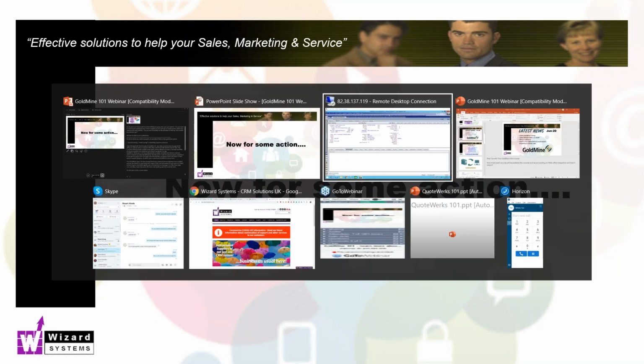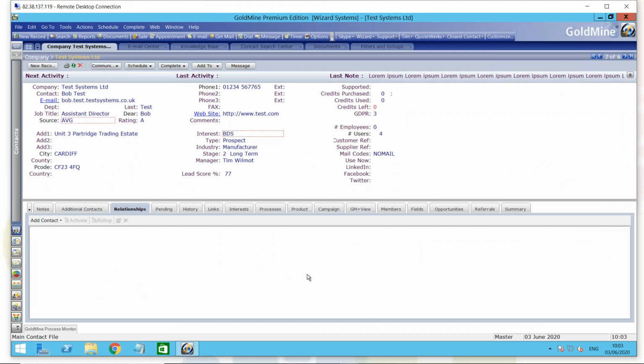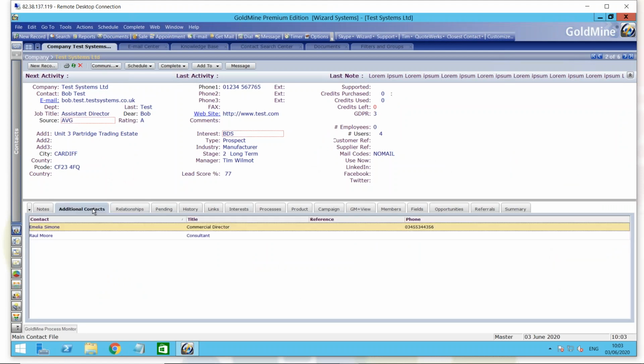Okay, so let's dive into the relationship tree feature of GoldMine. Let's step back a little bit to history. When GoldMine first started, nigh on 31 years ago, essentially it's a contact-centric system. So you've got records of contacts that you deal with. Now that might be okay if you're B2C, all fine. But if you're B2B and you're dealing with a big business, you're dealing with an organization and there are multiple contacts, then if you hooked up to our session last week where we covered